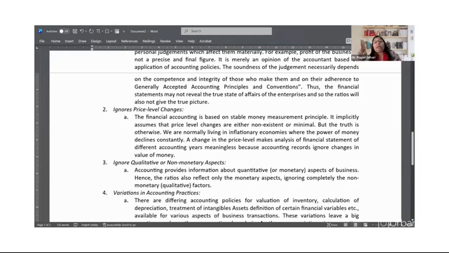Then secondly, the companies use historical cost over here, and that is